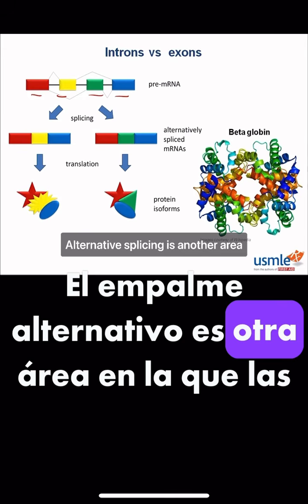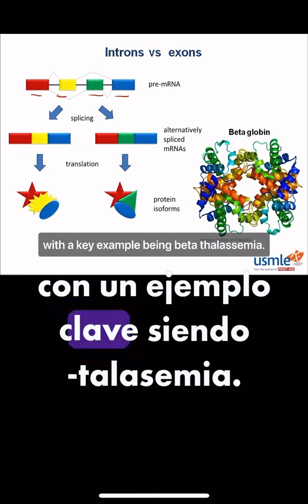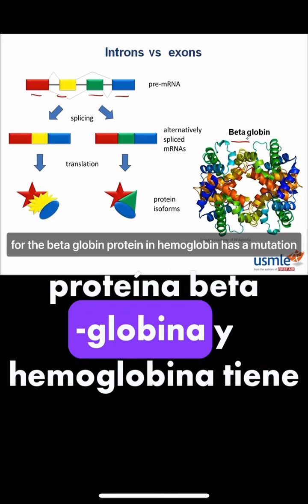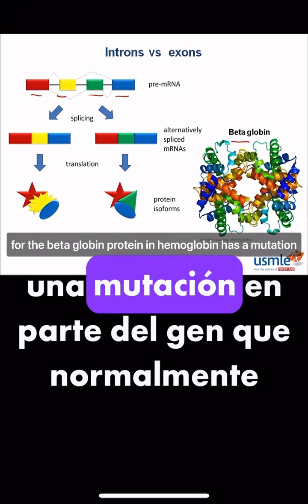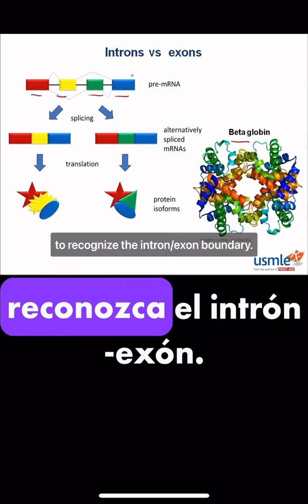Alternative splicing is another area in which mutations can cause disease, though, with a key example being beta thalassemia. In beta thalassemia, a gene that codes for the beta-globin protein in hemoglobin has a mutation in part of the gene that normally allows the spliceosome to recognize the intron exon